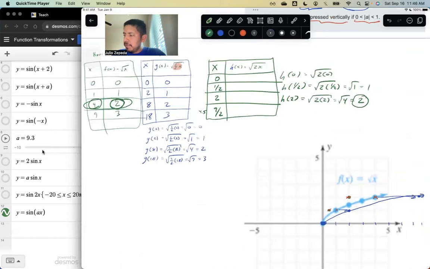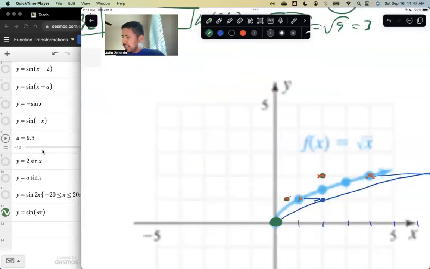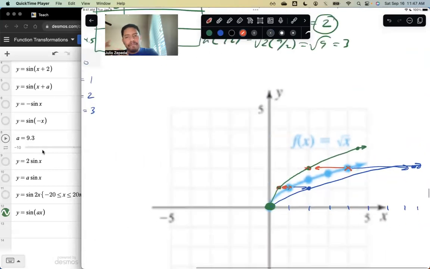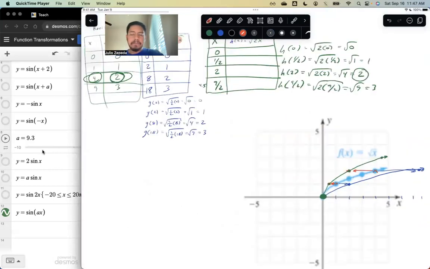The square root of 2 times 0, that's going to be the square root of 0. This point here also occurs in half the time, but half of 0 is still 0. And then h of 9/2 is equal to the square root of 2 times 9/2. The 2's cancel. This is the square root of 9, which is 3. And that one will fit, because 4.5 comma 3 is right here. And so there we go. Looks something like this. What happened here? We compressed. We cut it down to half its size in the x direction. Okay, so